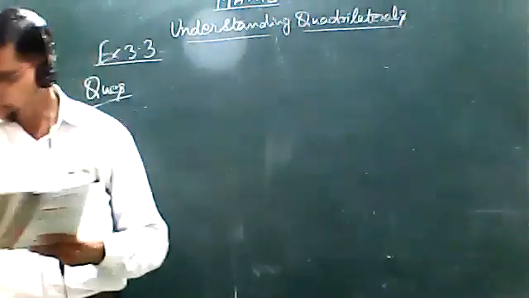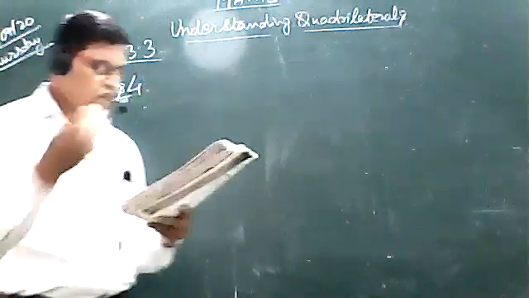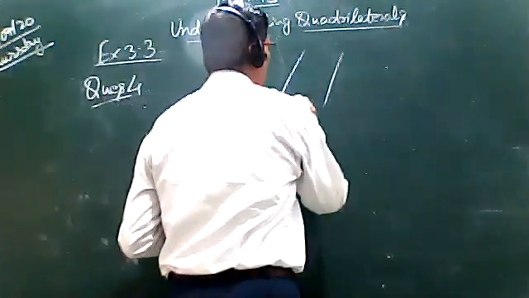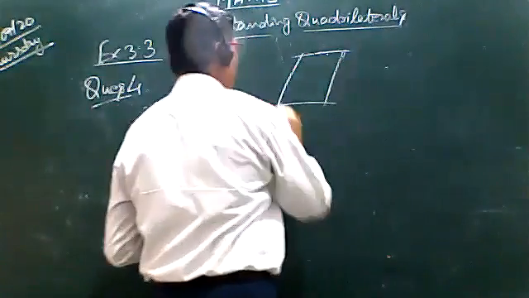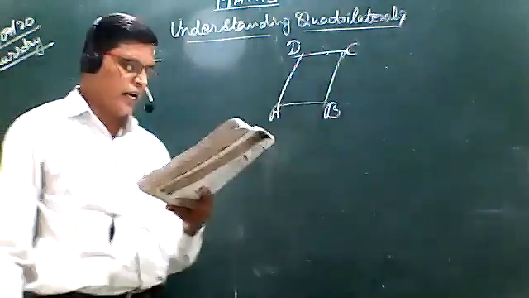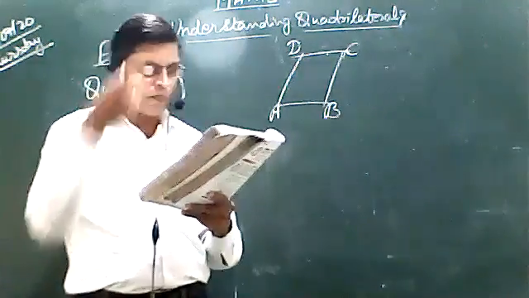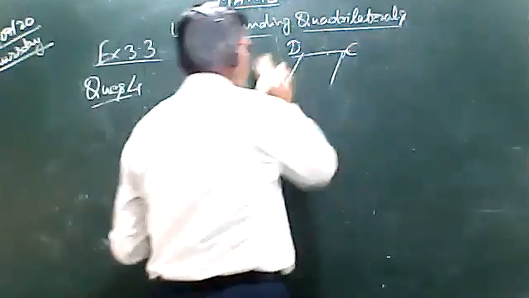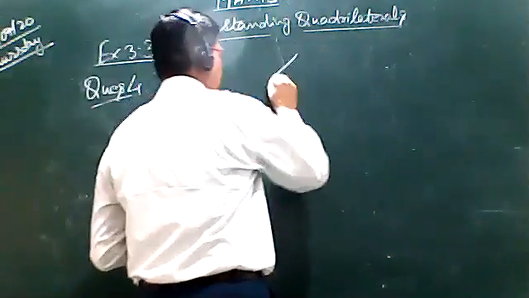Now, question number 4. Draw a rough figure of quadrilateral. First we draw. This is my quadrilateral ABCD. The rough figure of a quadrilateral that is not a parallelogram, but exactly two opposite angles are equal. But we cannot draw this. We draw here a kite.